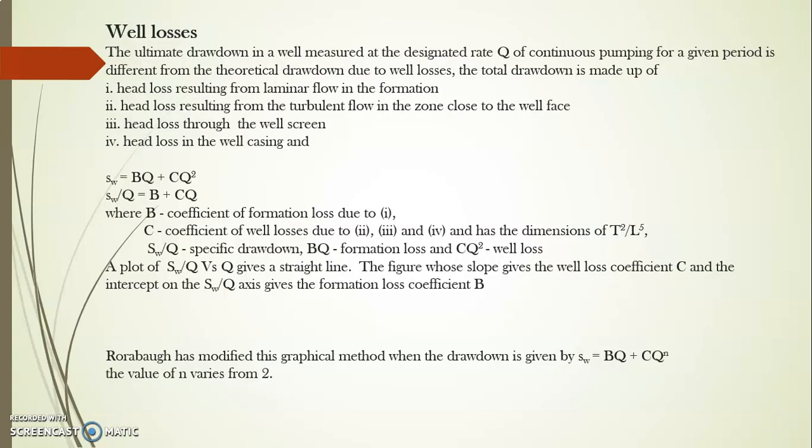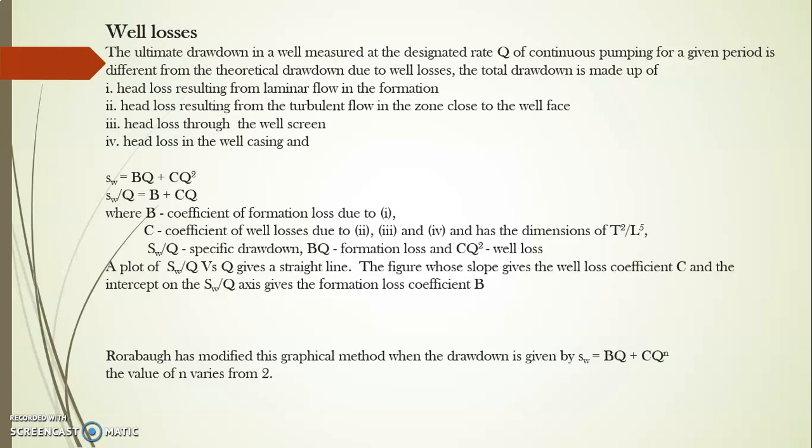Well losses. The ultimate drawdown in a well measured at a designated rate of Q from the continuous pumping for a given period is different from the theoretical drawdown due to well losses. The total drawdown is made up of head loss resulting from laminar flow in the formation, head loss resulting from the turbulent flow in the zone close to the well face, head loss through the well screen, head loss in the well casing, and Sw equal to BQ plus CQ square, Sw by Q equal to B plus CQ, where